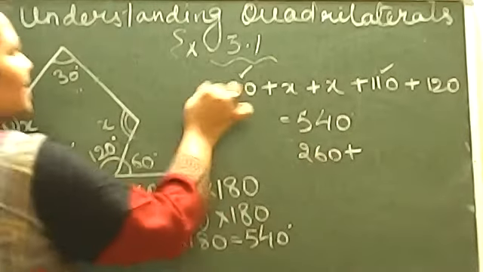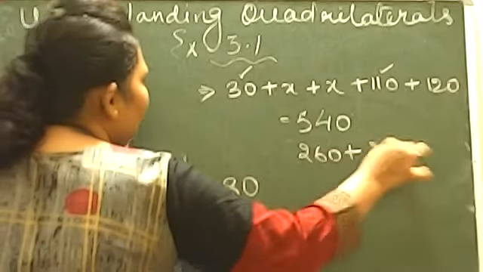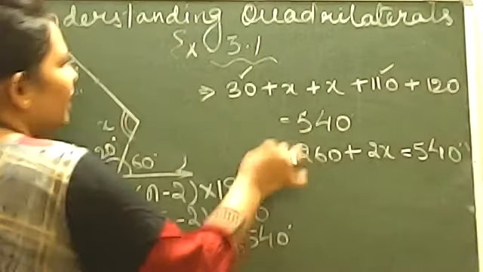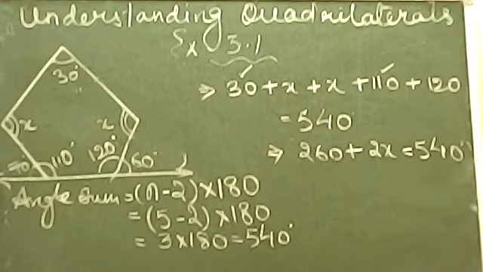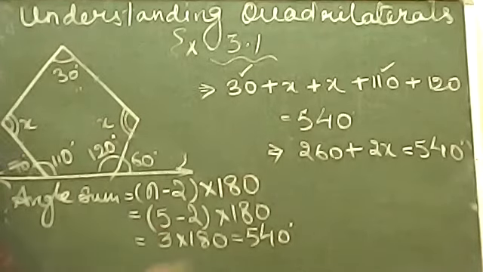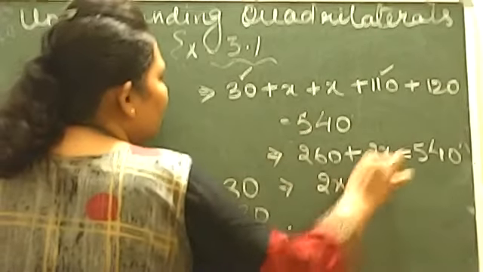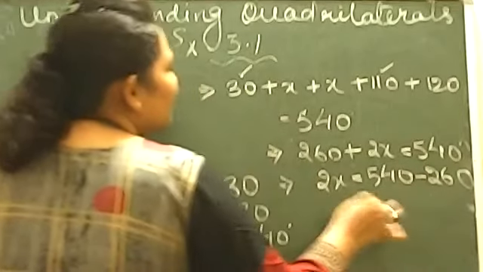Now 260 plus 1x और another x मिलाकर के हो गया total 2x. Now it will give you total 540 degree. ये आ जाएगी आपकी इक्वेशन. अब आपको सिंपली क्या करना है बेटा? ट्रांसफर करना है. हाउ विल यू ट्रांसफर? नाउ इट विल गिव यू 2x, यही रहेगा 540, और आपने सब्ट्रैक्ट किया 260. Now let us see what you are getting.